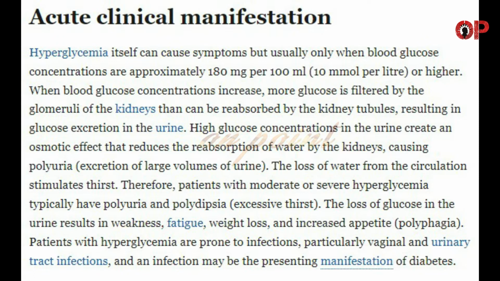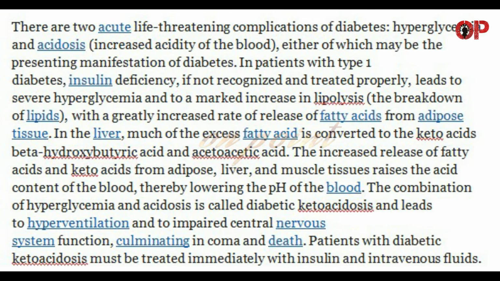manifestation of diabetes. There are two acute life-threatening complications of diabetes: hyperglycemia and acidosis, increased acidity of the blood, either of which may be the presenting manifestation of diabetes. In patients with type 1 diabetes, insulin deficiency, if not recognized and treated properly, leads to severe hyperglycemia, and to a marked increase in lipolysis, the breakdown of lipids, with a greatly increased rate of release of fatty acids from adipose tissue. In the liver, much of the excess fatty acid is converted to the keto acids beta-hydroxybutyric acid and